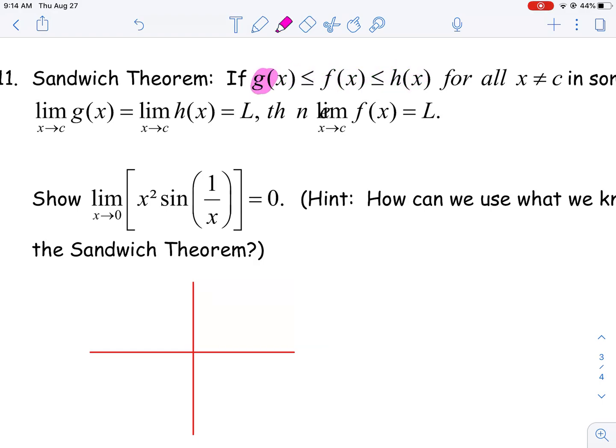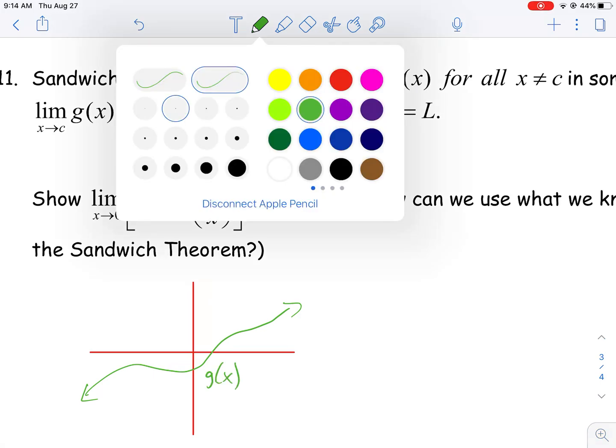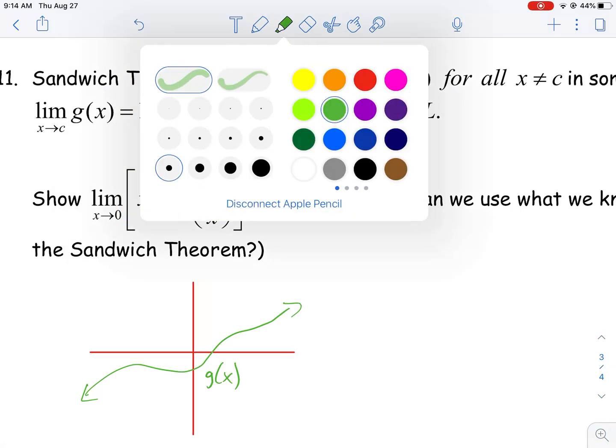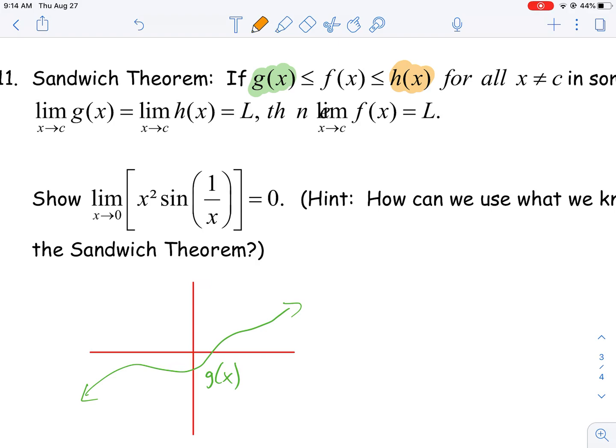So let's do a little bit of color coding here. Let's make the graph of g green. Okay, so let's say g looks something like this. So there's our function g of x. Doesn't really matter what it looks like. And then let's take h of x, and we'll use orange for that one. Let's say h, which always has to be above green because it's greater than the function g, does something like this. It's still always above it there. Then if f is always between those two things,